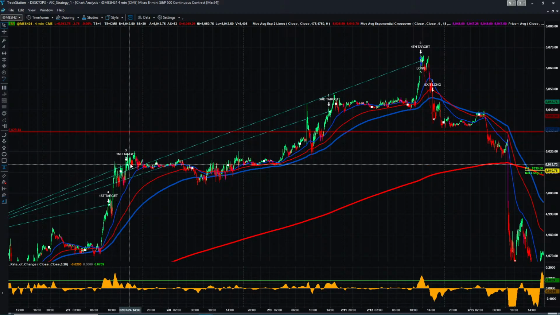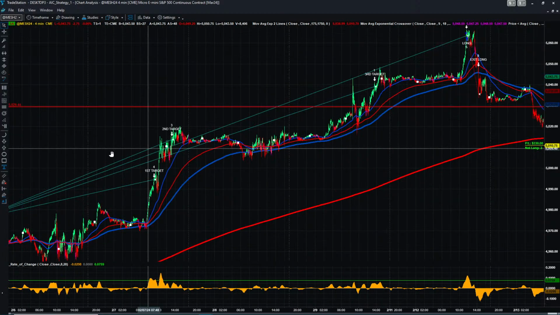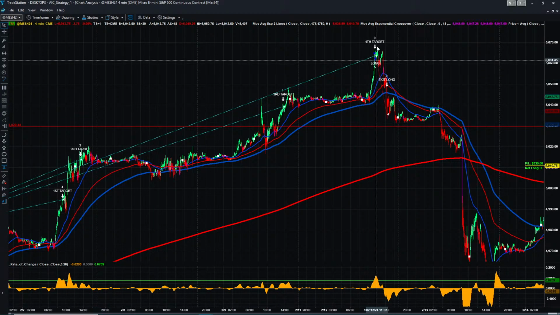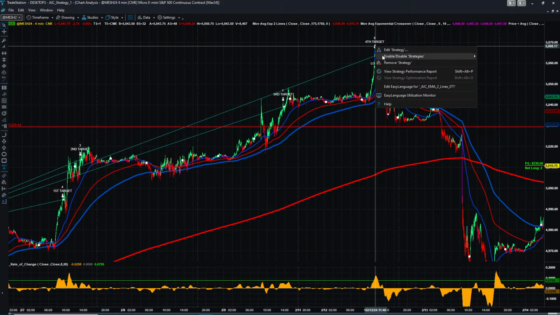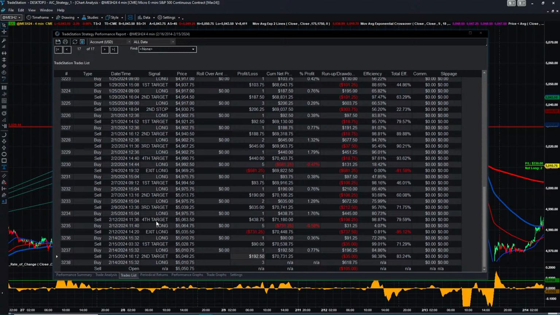Last week it was a very successful week. Look at this. All the targets were hit. 1, 2, 3, 4. Amazing. So let's check how much money we made in that. All right, first target $93, very similar. Second target 190, very similar. Third target $635. Actually, there are 2 contracts there, so not only the increased price, but also 2 contracts, so one more contract. And the last target, the fourth one,